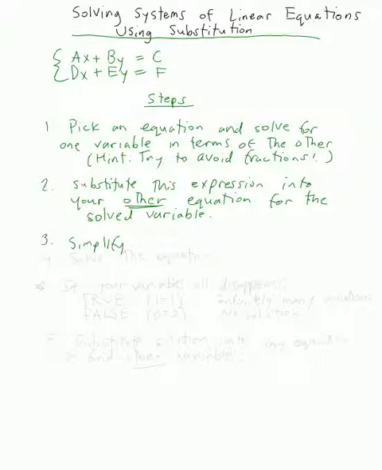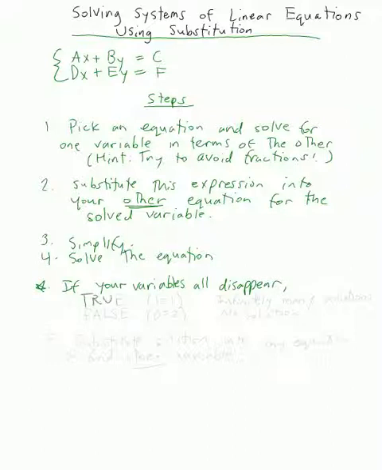Okay, step three, simplify. Step four, solve the equation. Now, you're going to get a solution except for the times that the variables disappear. Now remember, sometimes you have an exception. So here's going to be my little exception. If your variables all disappear,